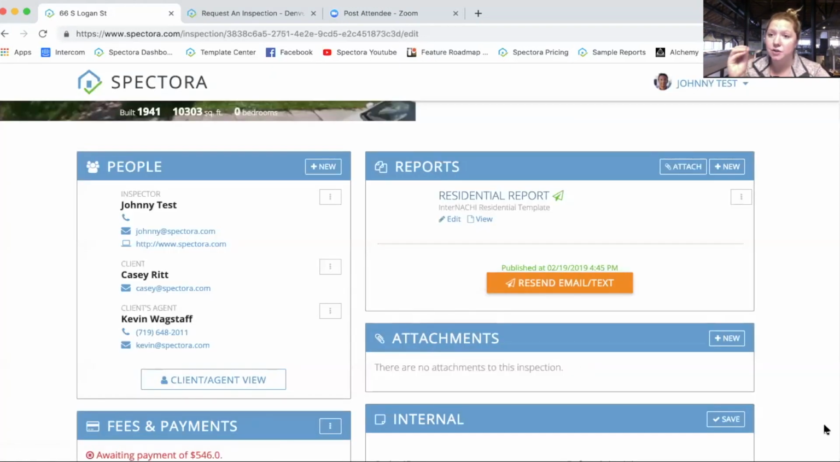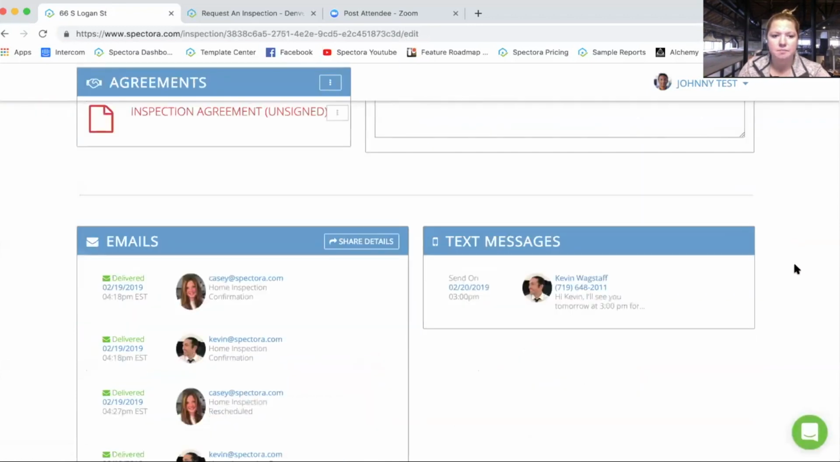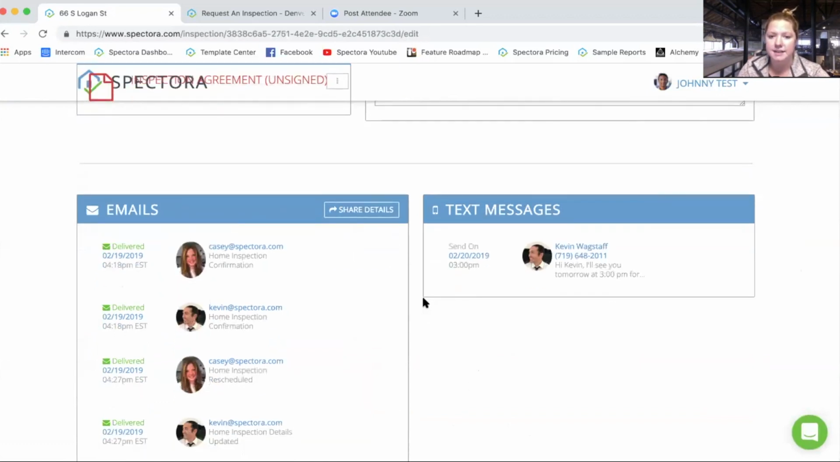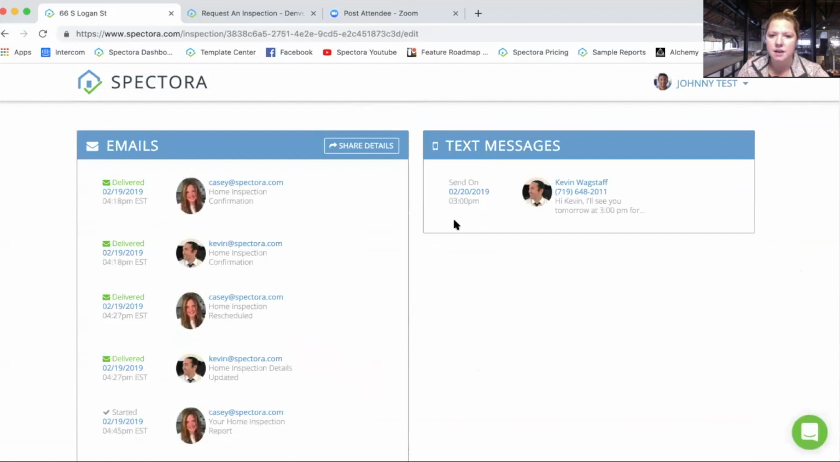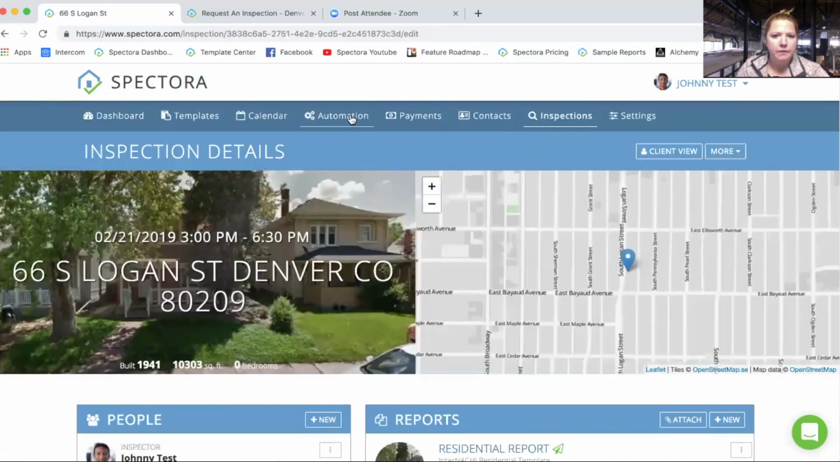What that's also going to trigger is your follow-up emails. By the way, you can scroll to the bottom of the inspection details page and see the emails and the text messages that have been sent out or are going to be sent out. This send on means it's sitting in the queue, and it'll go out here in a couple of minutes. Cool. If we go to automation